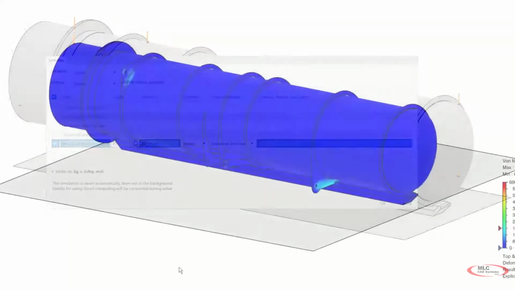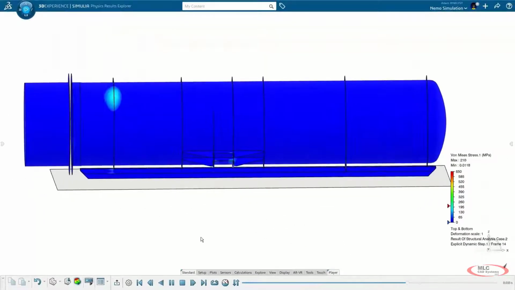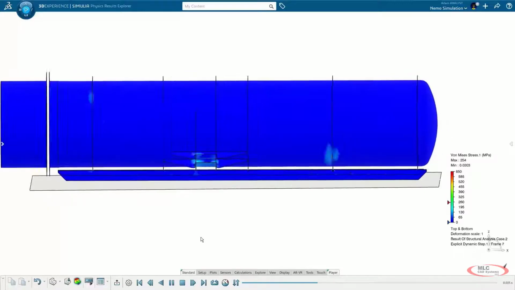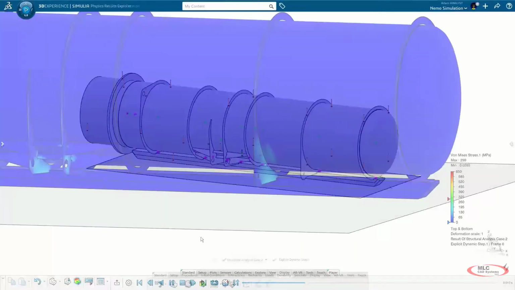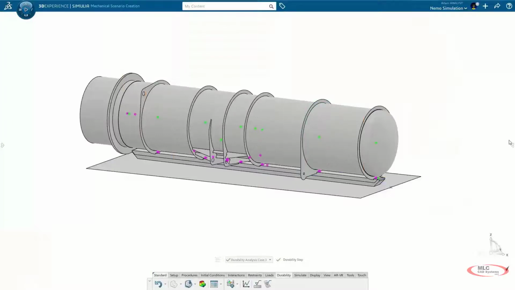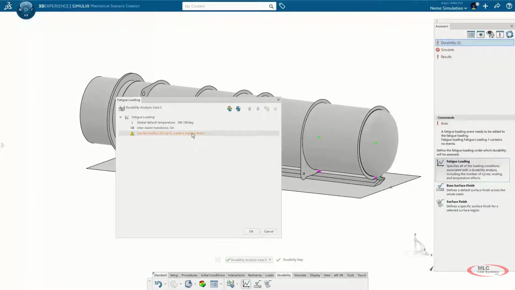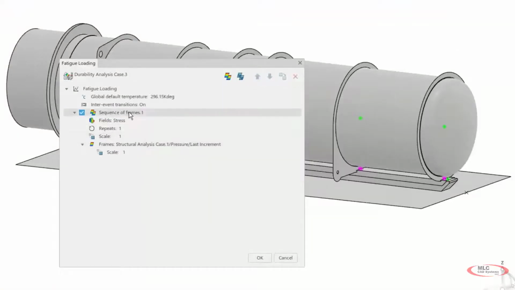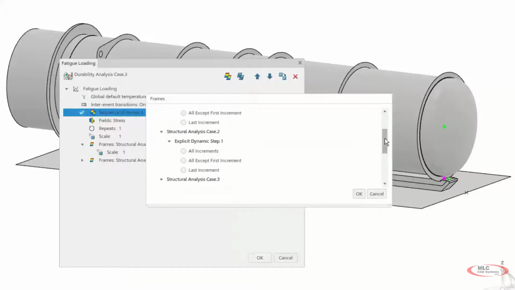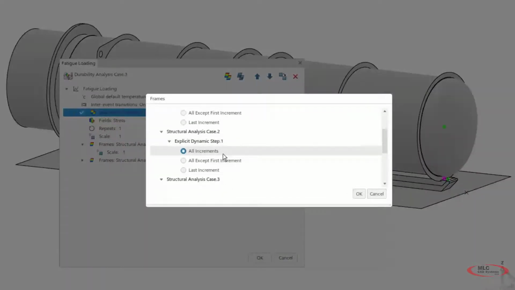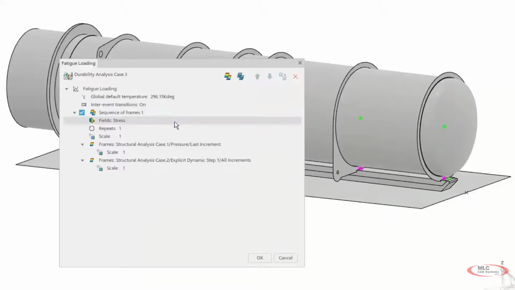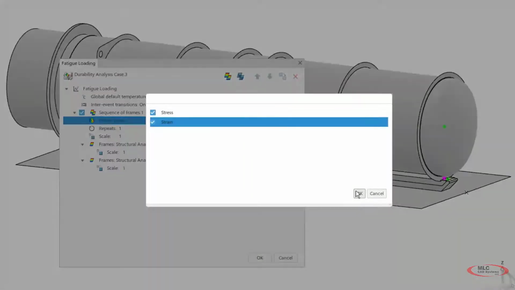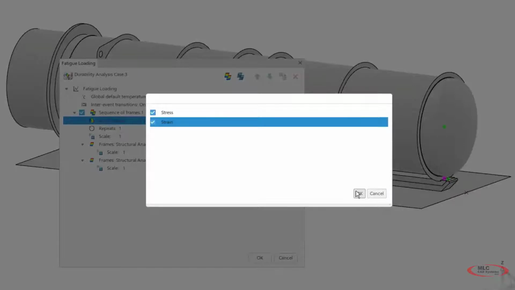The stress values are within an expected range, but how many times can the Nemo withstand both this and the pressure load? The answer to that is to set up a durability study. So we'll define the fatigue loading that's going to capture both of these events. For the explicit dynamics results, we're going to include all increments to account for the fluctuations in the response. We're also going to include both stress and strain in the calculation to solve for both high and